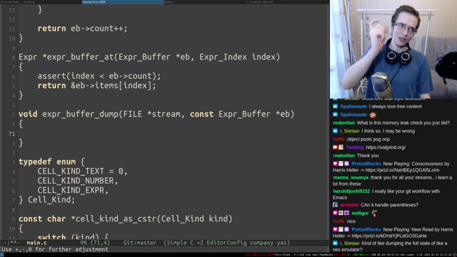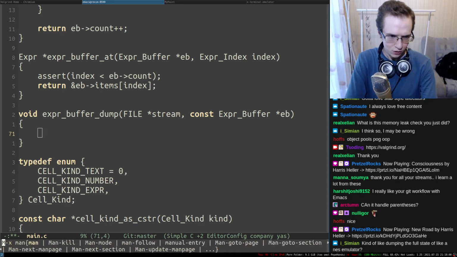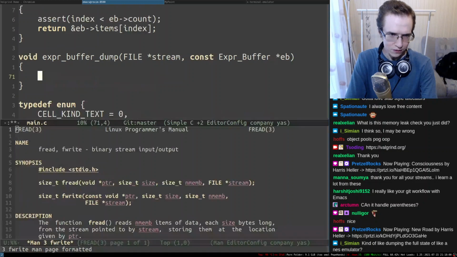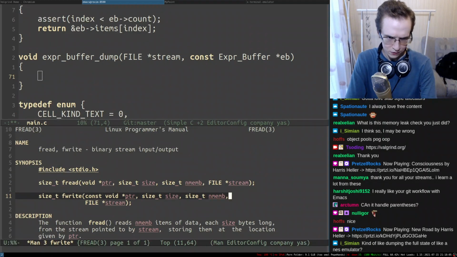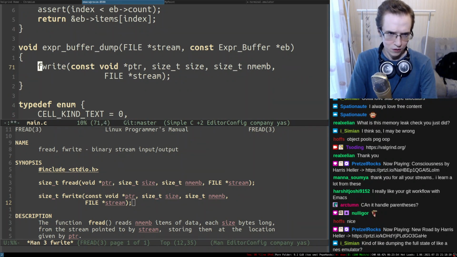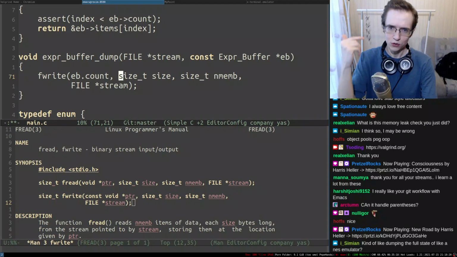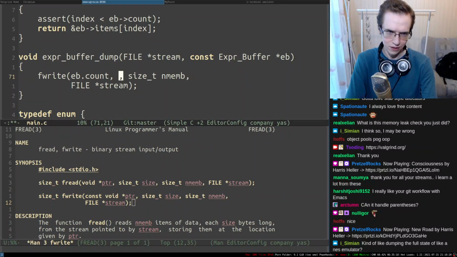We're gonna first save the amount of elements in the buffer. We're gonna use the function called fwrite to do the binary write. So this is gonna be something like this. I'm gonna do eb count. Here's the count. So the size is supposed to be the size of the single element. So this has to be a size of an expression, and the amount of elements is going to be wait,